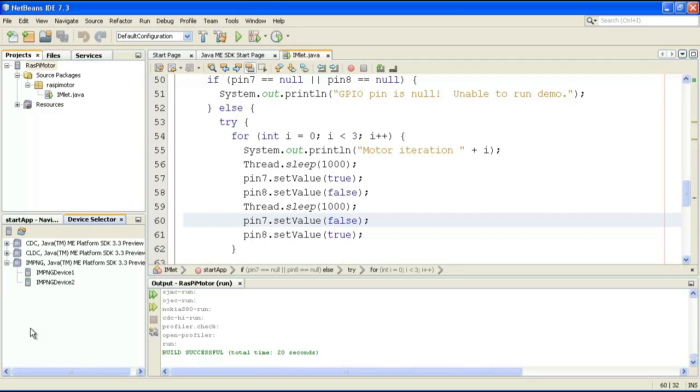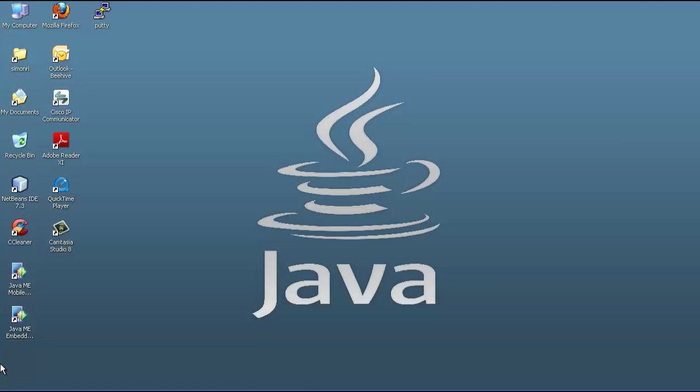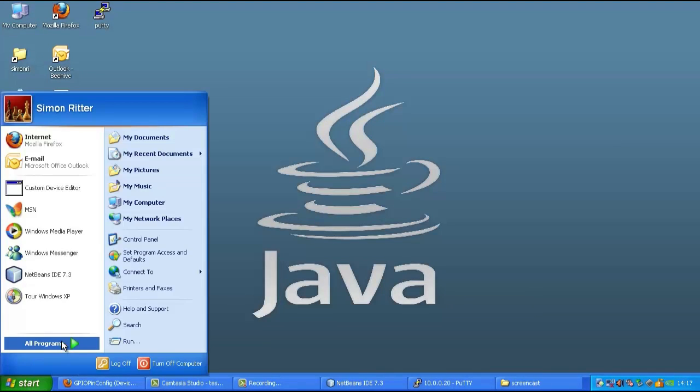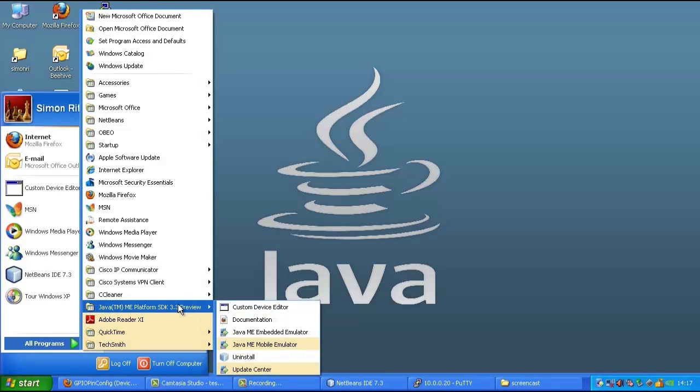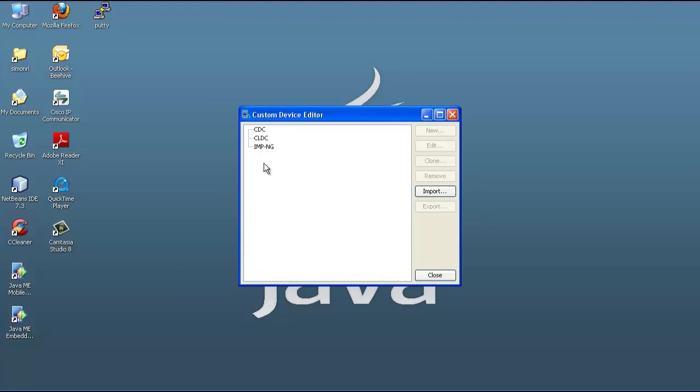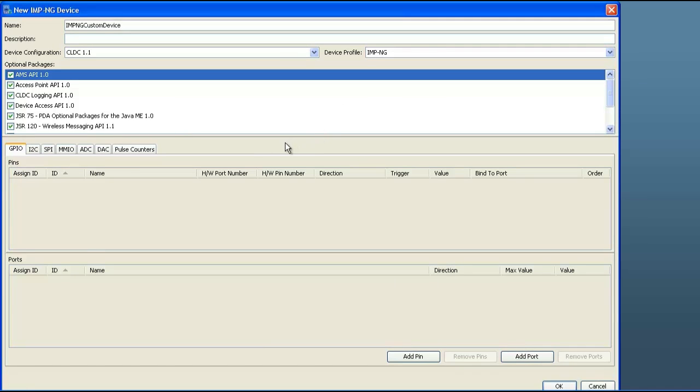So what we're going to do here is use part of the Java ME SDK, which is the custom device editor. So if I click on that, we have CDC, CLDC, and IMP-NG. And what we want is an IMP-NG. So we click on New for that, and that brings up the screen that allows us to configure that. And what I'm going to do is call this